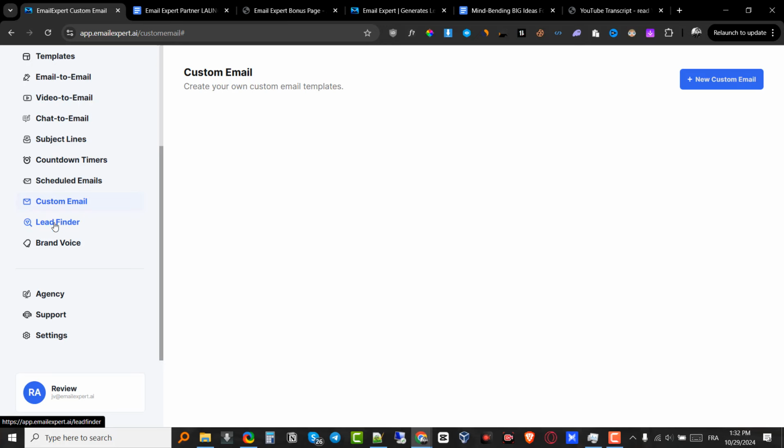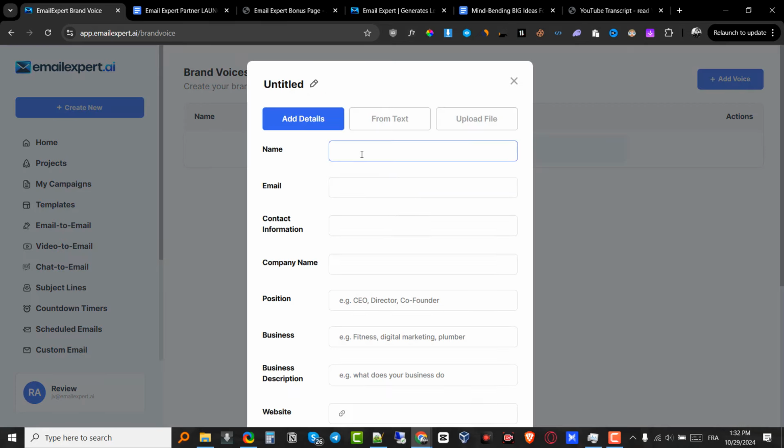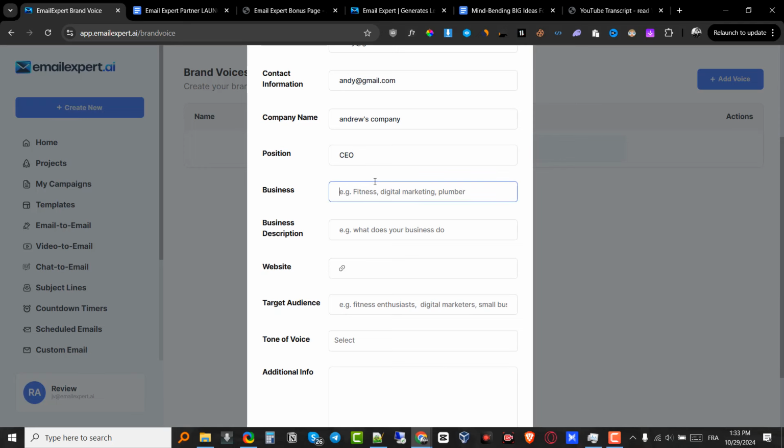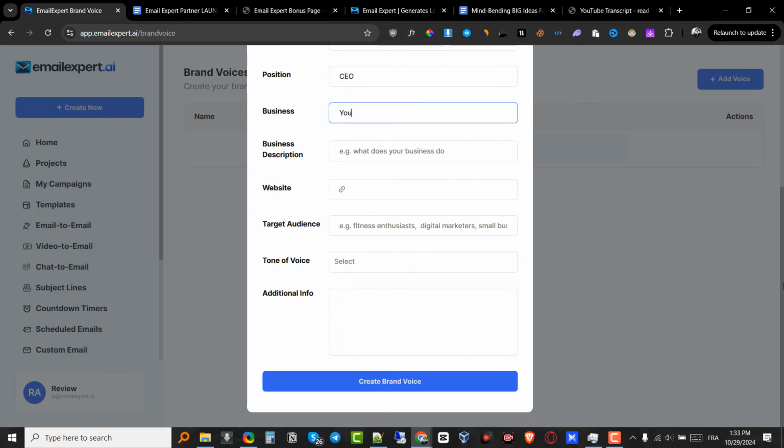Lead finder, we already went through that. The brand voice that I have told you, I'm gonna explain how it works. It's pretty simple. You just come here and click on add voice and then you name it. So for example, Andrew's voice, and then the email address, which is going to be andrew@gmail.com, for example. The contact information, I'm just going to copy and paste this, Andrew's company, position CEO. Business is going to be YouTube. You have to fill out your information here, and then based on that information, it will go ahead and create